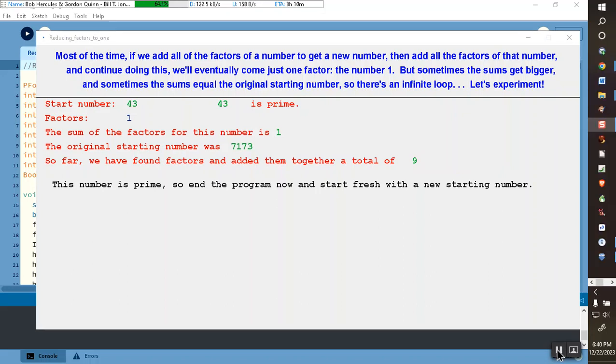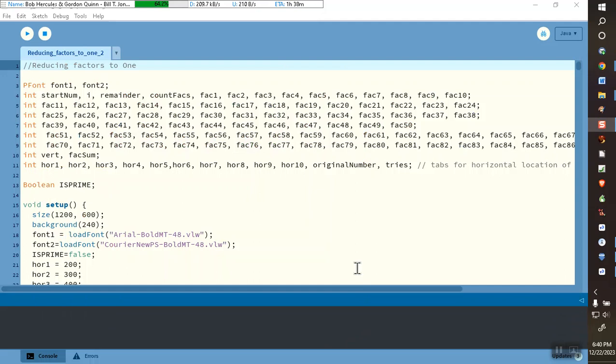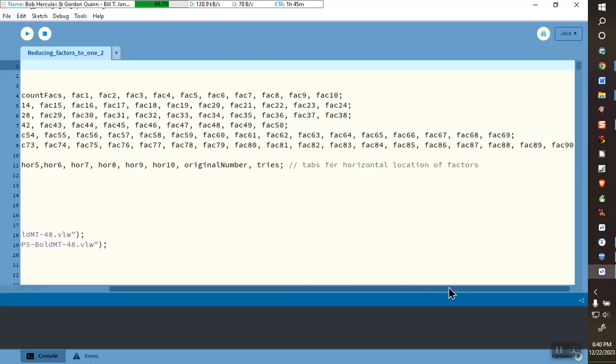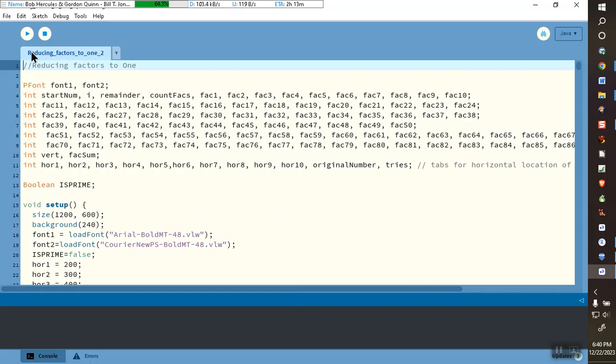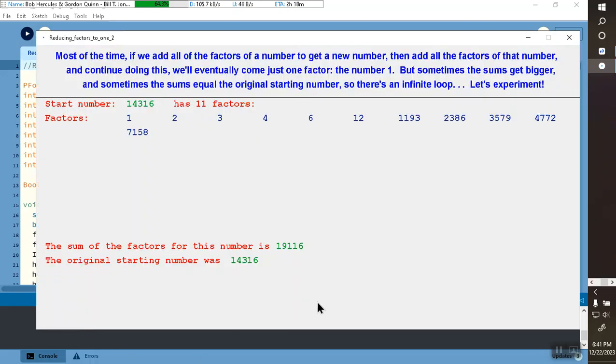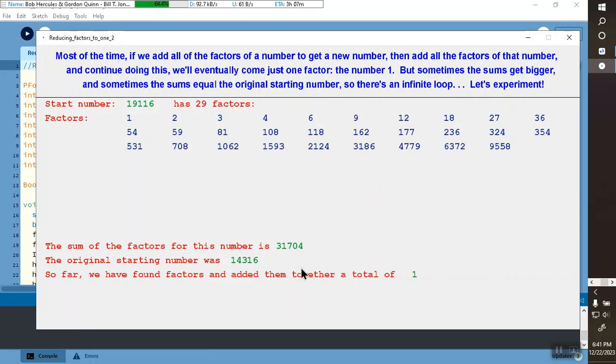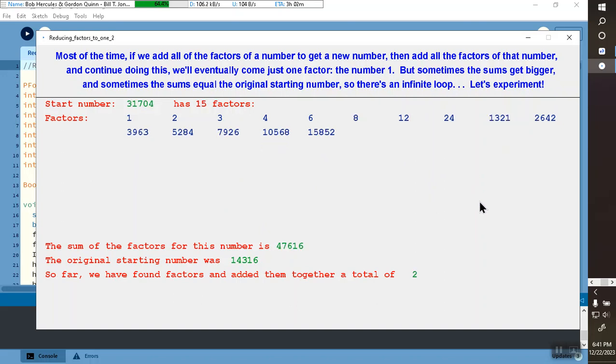I'll be right back. Okay, I am back. This is a whole new program, but it's based on exactly the same principle as before. Earlier, I had only 50 factors. Now I have 90 factors, okay? And the reason I have 90 factors is that I have discovered a number that goes in an infinite loop, okay? All right, so watch. I had to redesign the page in order to make room for all of the factors,